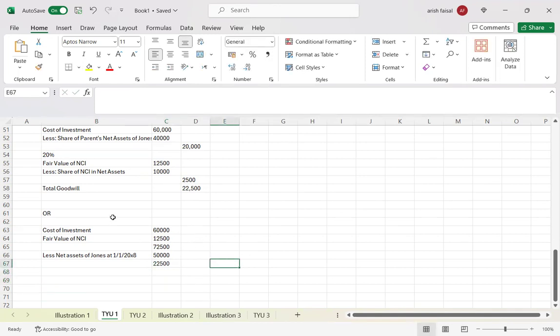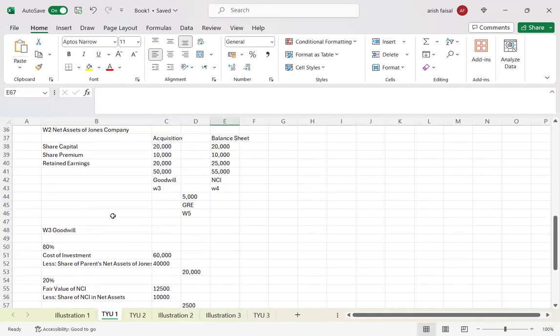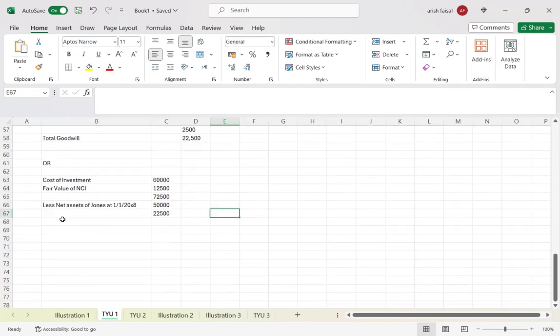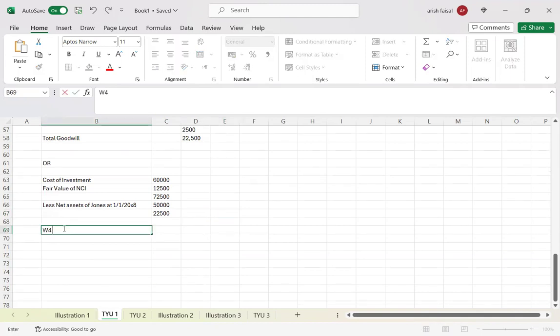So now, once we have figured out our goodwill, the next step would be, as I told you, to find out the valuation of the NCI. Because when you're doing the consolidation, you consolidate 100% of the subsidiary's assets and liabilities as you're showing control over it. But then you also have to figure out the percentage or the value of that part which you don't have control over, and it's controlled by the other shareholders who are in the minority. So what you have to do now is working number 4, which would be for the non-controlling interest. Okay,